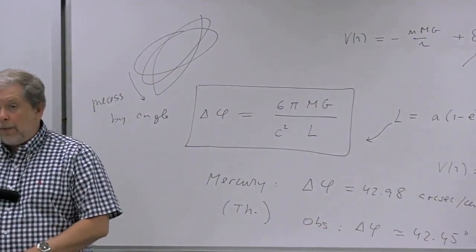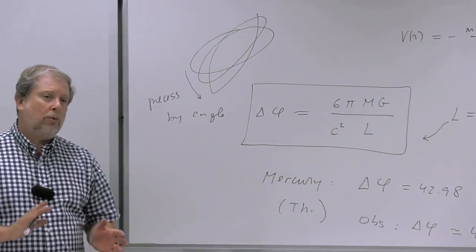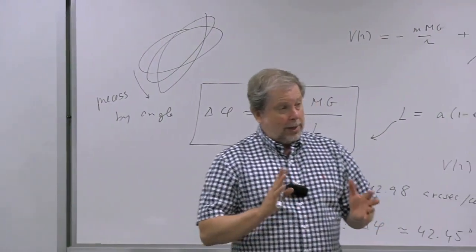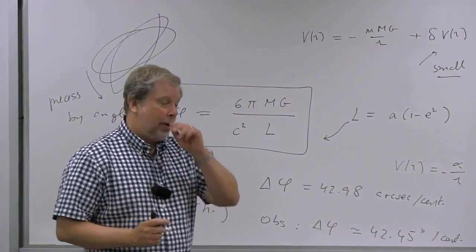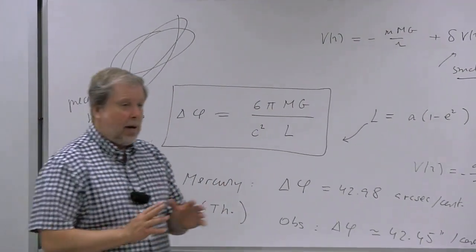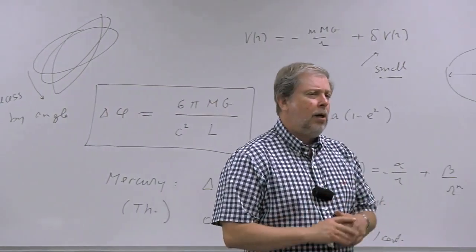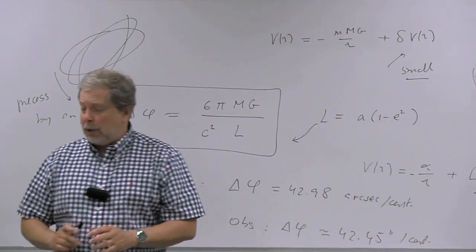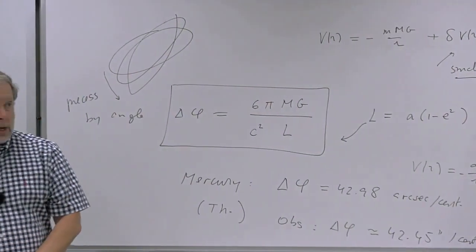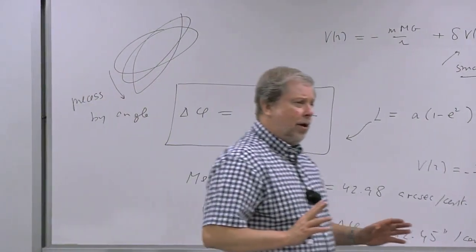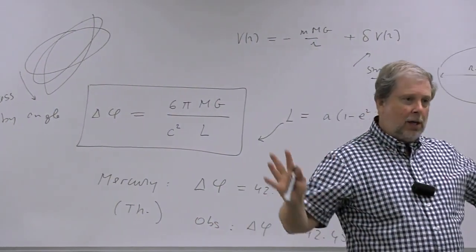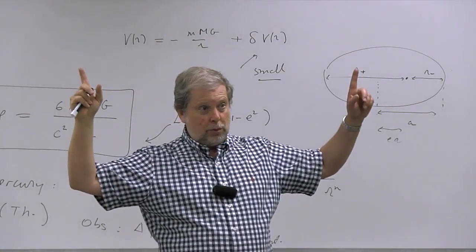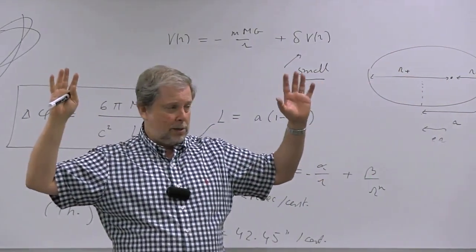Some of it has to do with the fact that in order to determine exactly the amount of precession, you have to choose an inertial reference frame. And so what is an inertial reference frame? Well, the Earth, of course, is moving. So you could use the center of mass of the solar system and things like that. But actually, the way people do it today is that they choose for an inertial frame something that is fixed by faraway stars. So you can use faraway stars to choose a coordinate frame which is not moving at